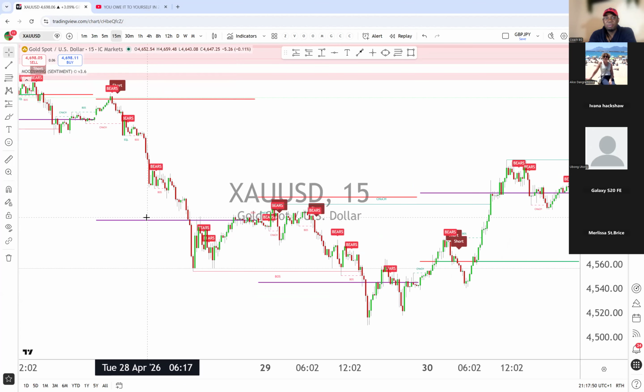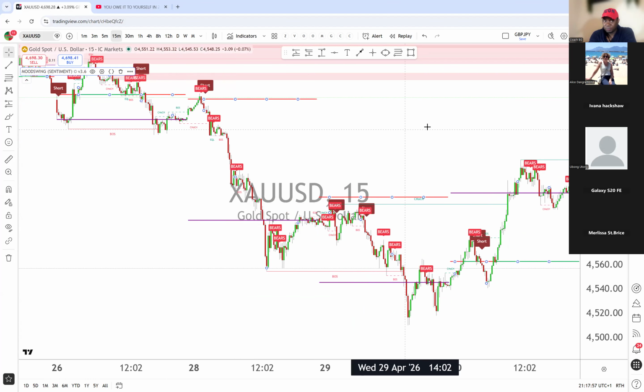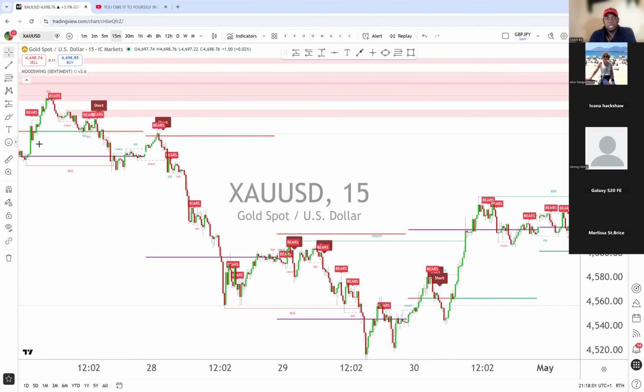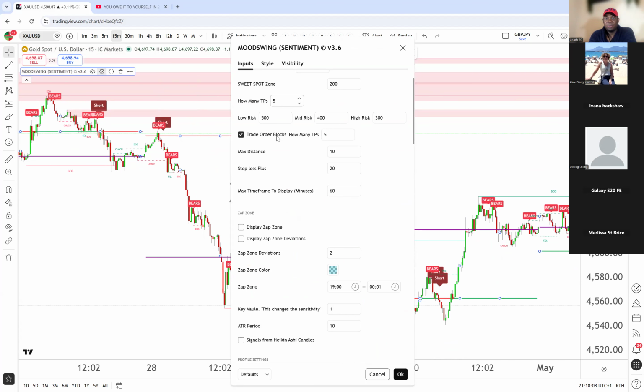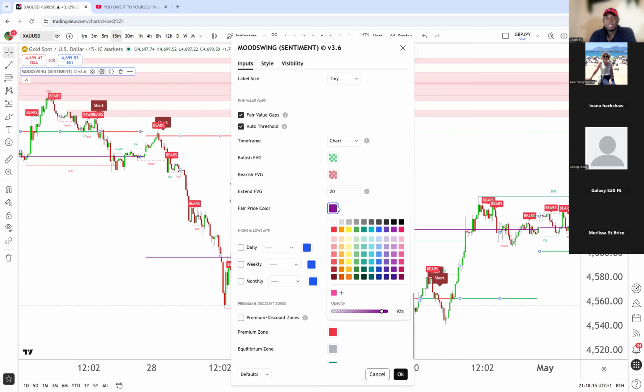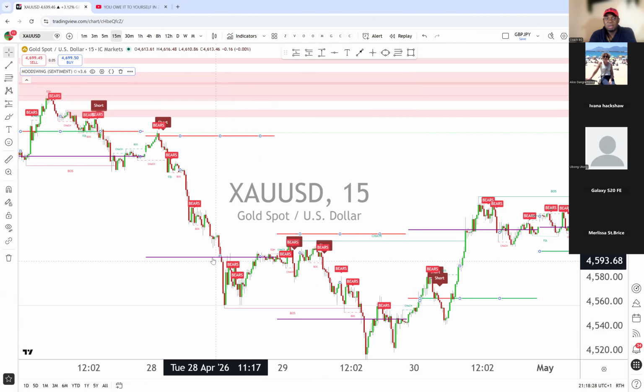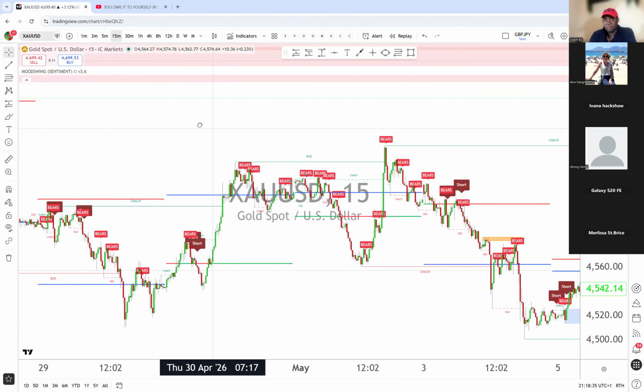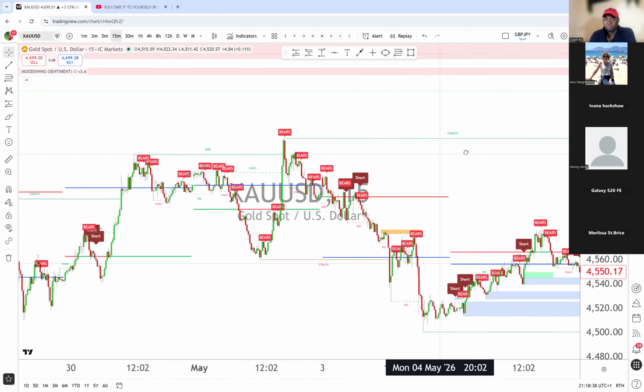You could change the colors of the fair price line, but we haven't really touched on trading the fair price line that much. If we go back to our settings, go to inputs, and scroll all the way down, you see fair price color right here. We could change that to, let's see, blue, give it a strong opacity and hit OK, and you'll see that purple change to blue. Yes, correct, the fair price line is the POC. So that could change,